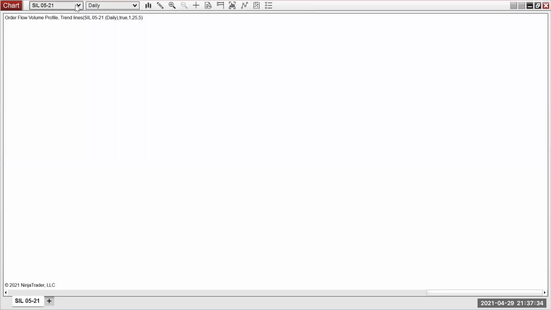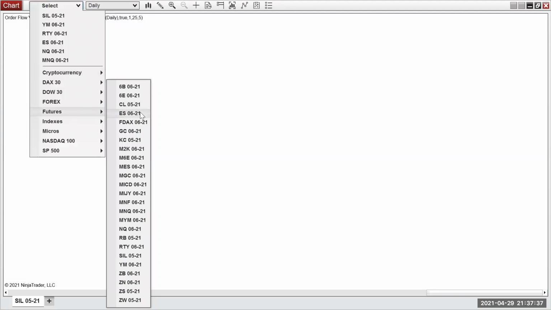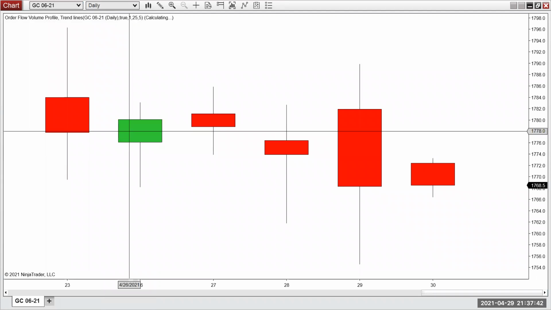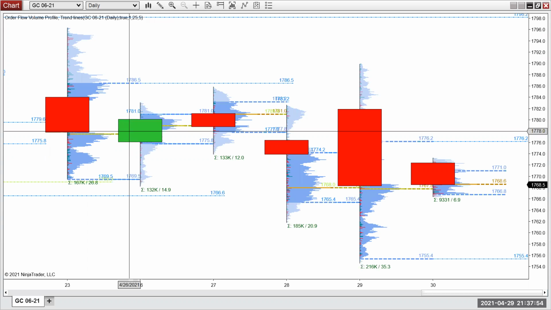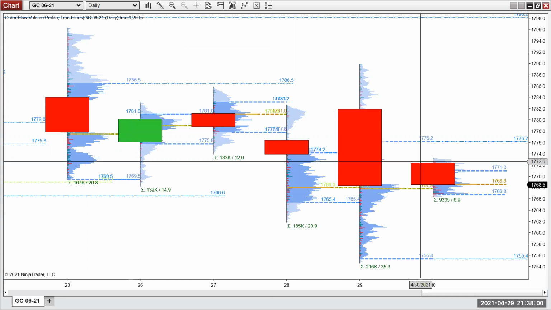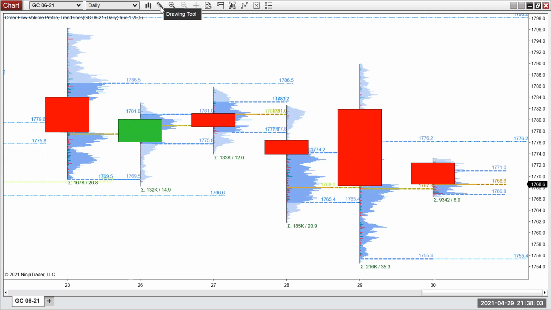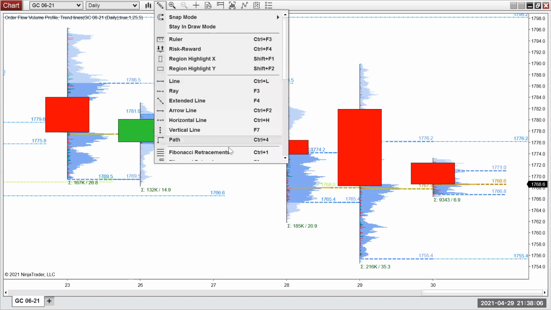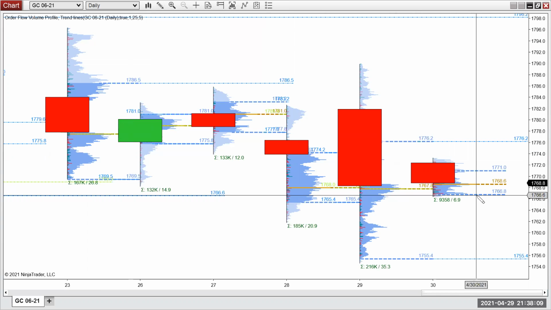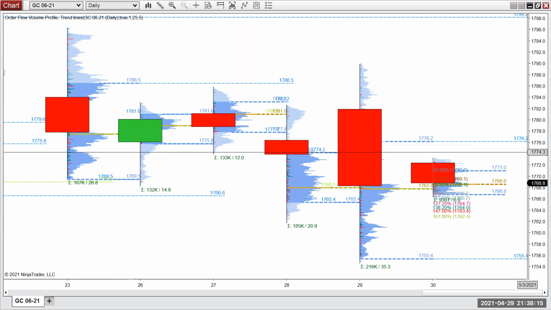Let me see if my stop kind of came. There's nothing in silver. Interesting. Okay, so let's go do GC. So here is GC, like I told you, right? If you measure the high to low here, you could literally see yesterday's lows and support resistance in the volume profile. So you just do a Fibonacci retracement high to low overnight. So that's how you do that.